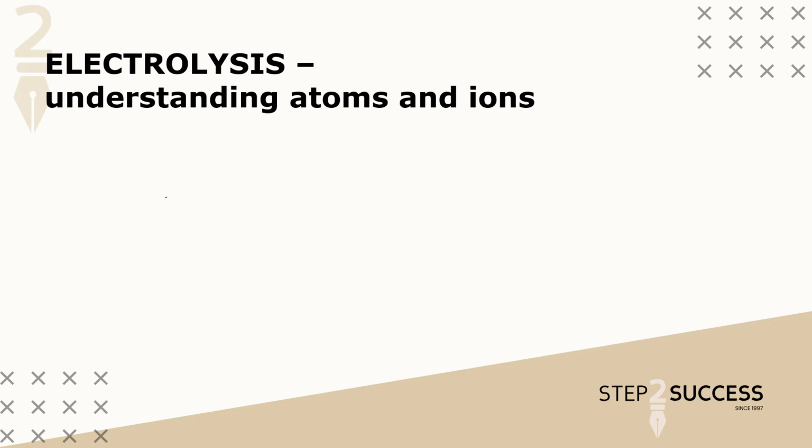The best way to understand electrolysis, and particularly half equations as we're going to see later, is to try to go back a little bit and understand ionic bonding. Now, I'm going to do that now. So, for example,